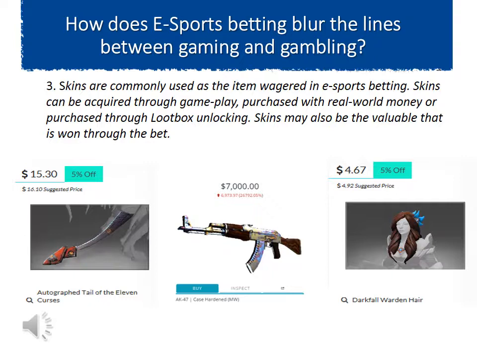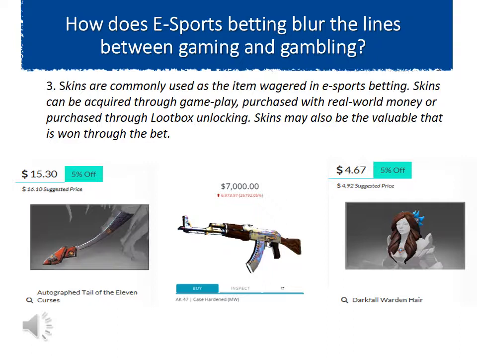First, skins can be acquired with points you've earned through gameplay, or they can be purchased with real-world money. As we've talked about previously, in-game points are often easier to wager or to spend because they're an abstraction of real money. You can also use real-world money to buy skins. This means you're spending your money to purchase an item that you will then go on to wager. This is similar to buying poker chips that represent real-world money to place a bet with in the casino. The skin therefore becomes another form of currency.